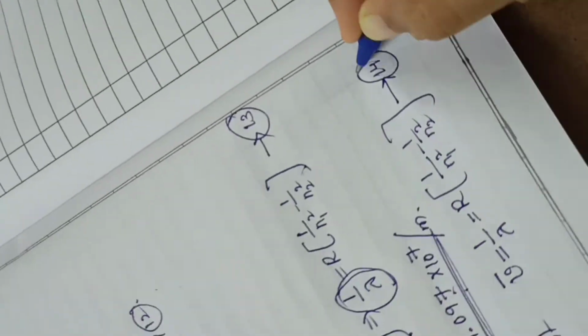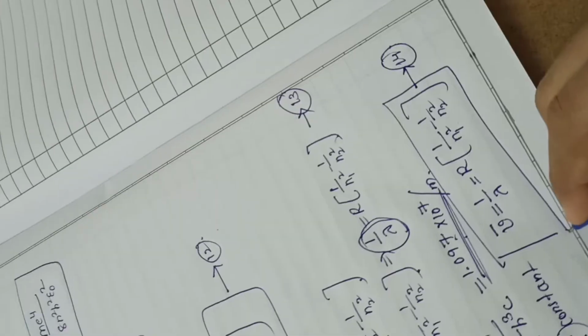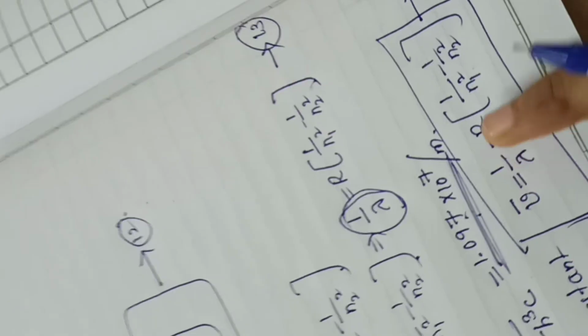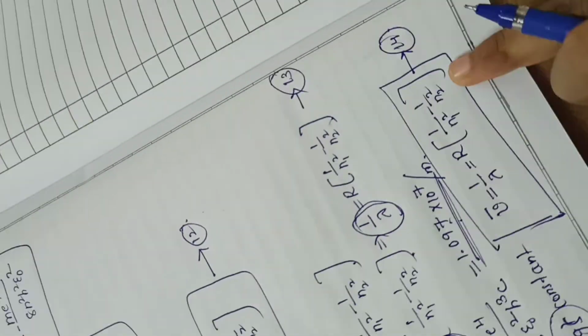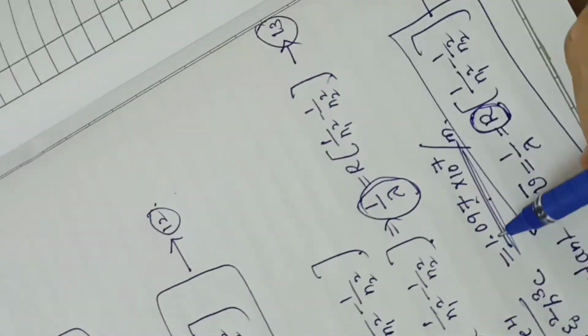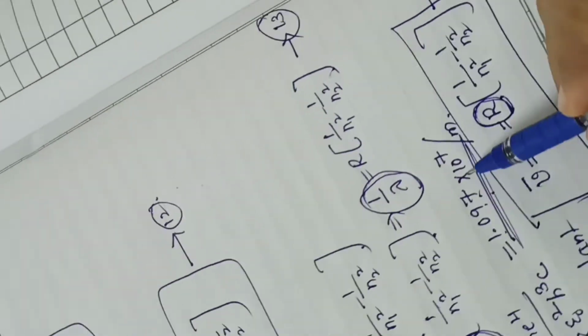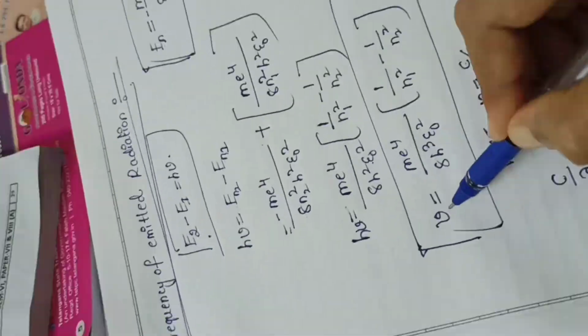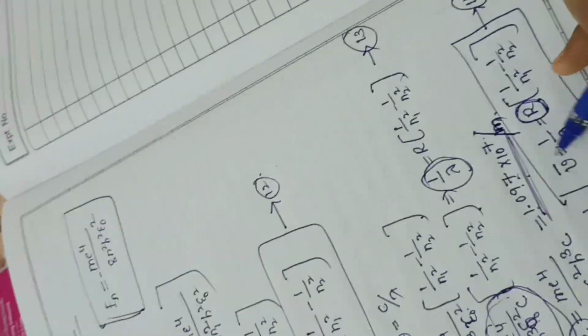This is a very important formula, that is wave number. Wave number is the reciprocal of the wavelength. Nu bar is equal to 1 by lambda is equal to R into 1 by n1 square minus 1 by n2 square. Here R is the Rydberg constant. Its value is 1.097 into 10 to the power of 7 per meter. Okay. What are the units? Per meter. Okay. This is about the frequency of the emitted radiation, and here the wave number.